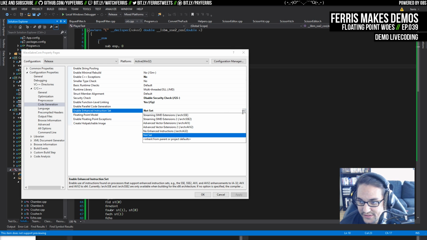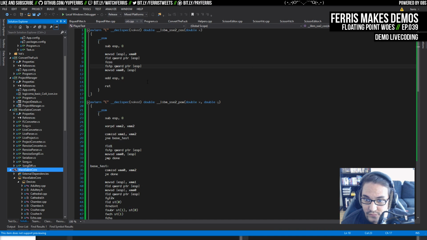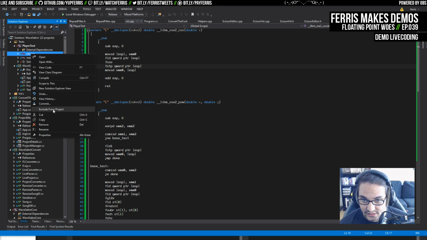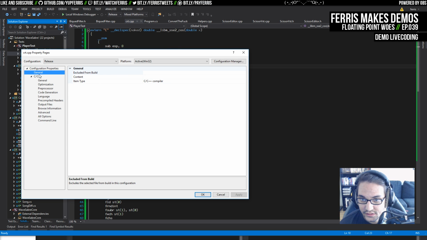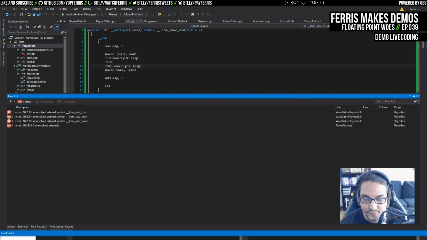Ideally, it'll probably use SSE or SSE2. It seems that that's what it's doing when I'm actually looking at the generated code. And from there, what we end up with is mostly the same stuff, except, let's see here. I'm just going to exclude this really quick, and let's see what this does. There we go. So if I try to build our player test for the synth now, with now using SSE